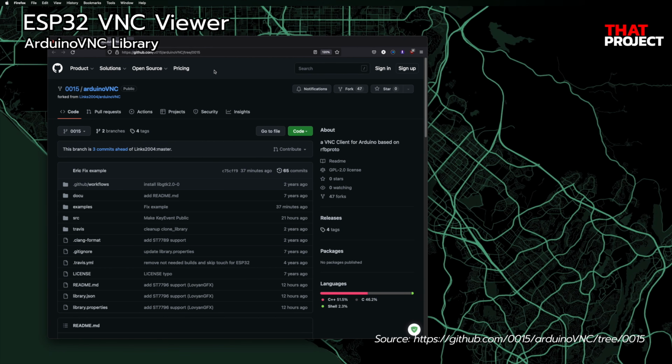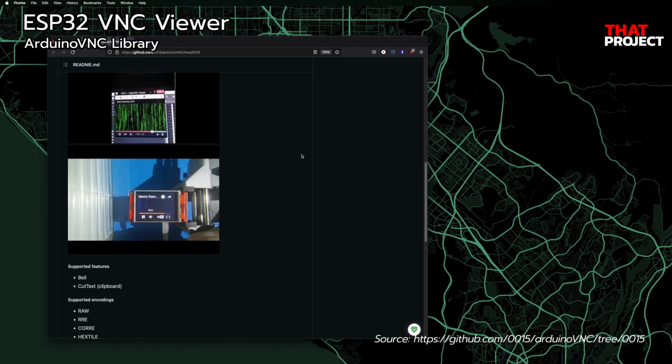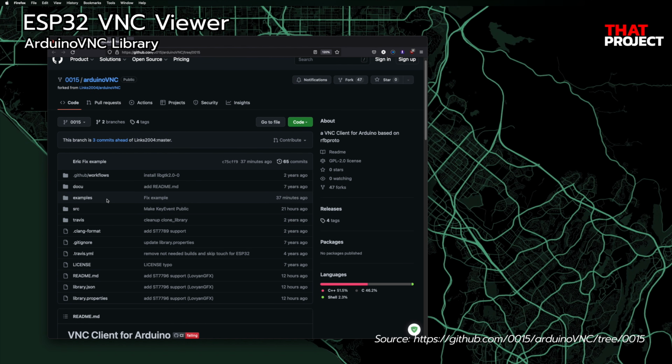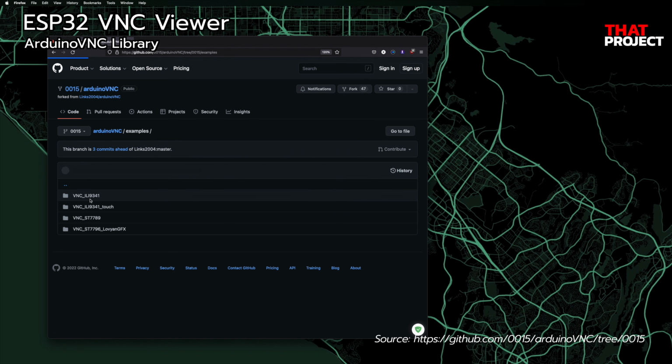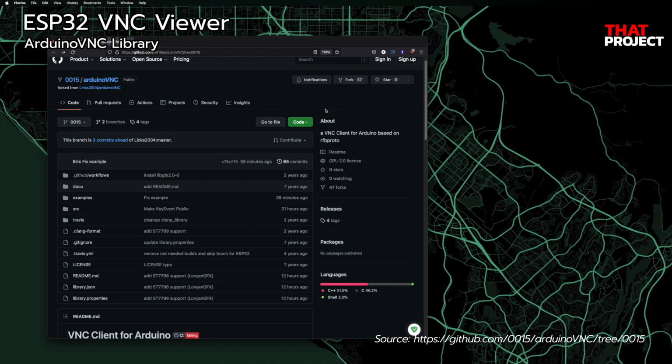The most important library for this project is Arduino VNC. My project is also based on this. The version of Arduino VNC I'm using is my branched version. A keyboard event, a sending part, and an example using LovyanGFX have been added. I have already requested a merge. I hope the author likes my code. Please download it and put it in the Arduino library folder.